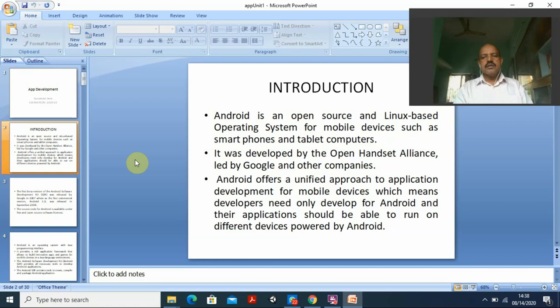That is the idea: we want to make our students better professionals. They understand the fundamentals, they go for the applications, and they develop their own apps. That is the main aim of introducing this subject, and of me handling this subject. I hope that at the end of these classes, or during them, the students will be able to develop some apps, and it will be a great tribute to us if you are able to produce a couple of apps, so that they will be useful to society.